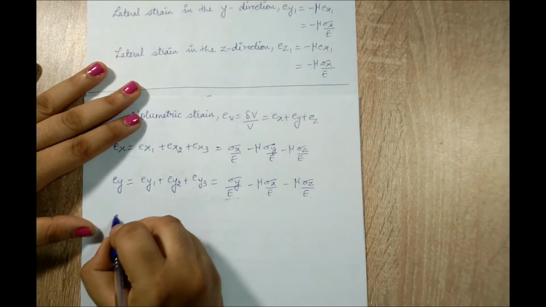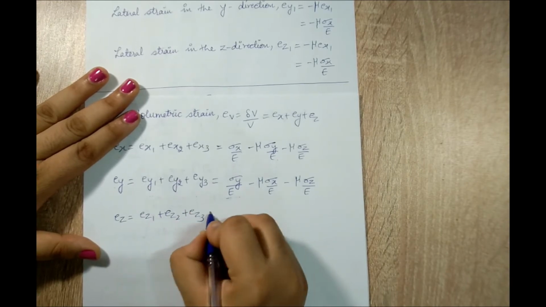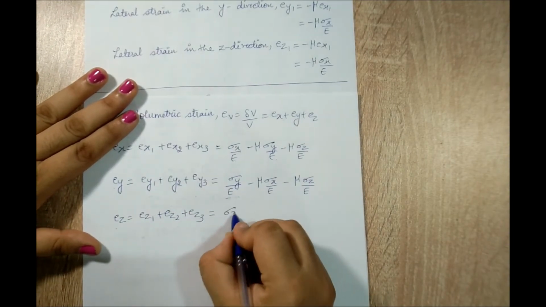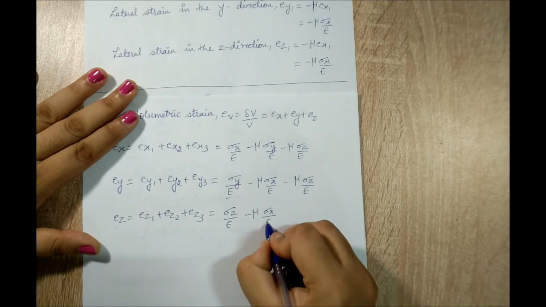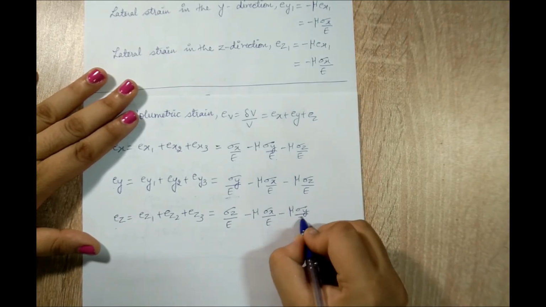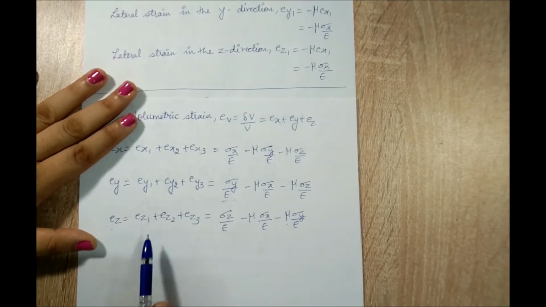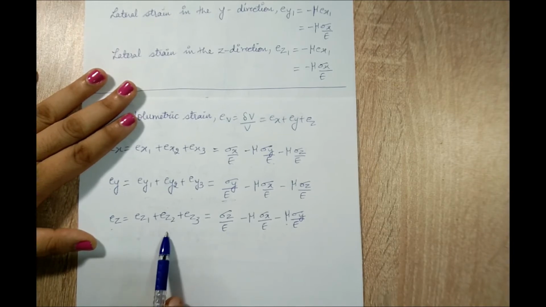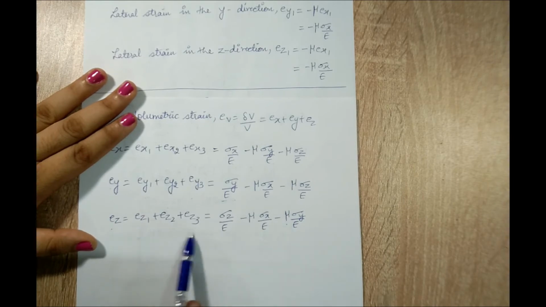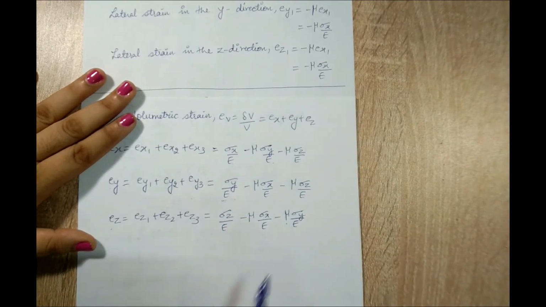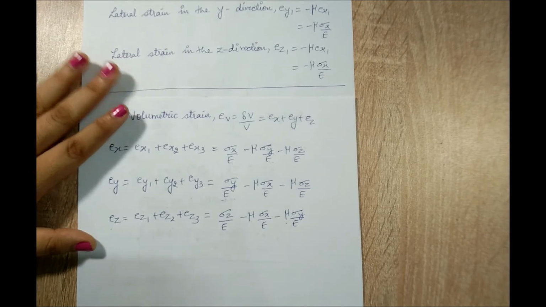I will try the third one again for you. Ez is Ez1 plus Ez2 plus Ez3. So for the z direction, sigma z upon E is linear. You can remember it like that. And the rest two dimensions will come in lateral, so they have to be written along with the mu sign. Now if you want, you can again cross check with the derivation. You have got all the terms. I am repeating that it is not in the order of Ez1 plus Ez2 plus Ez3, but this is just a technique of remembering all the terms. If you write in this order, then you will have to see from the derivation that you have written. But this is another way of recollecting these terms while solving numericals as well.